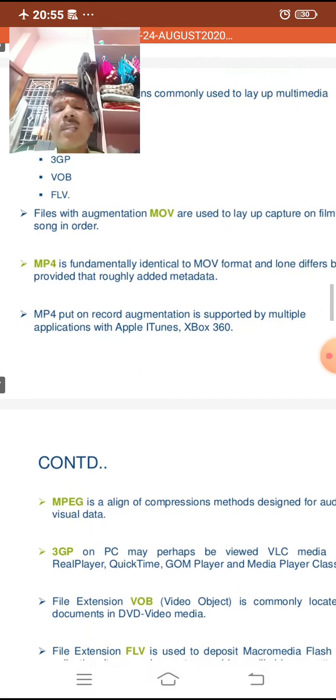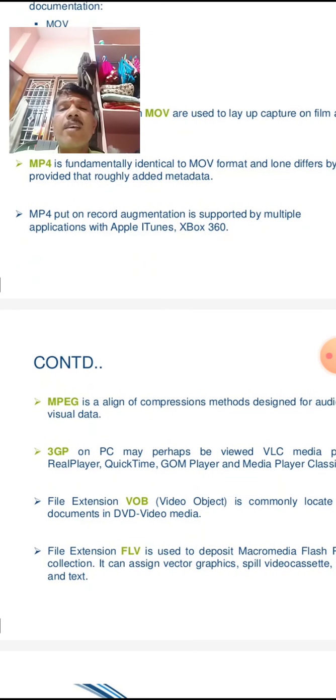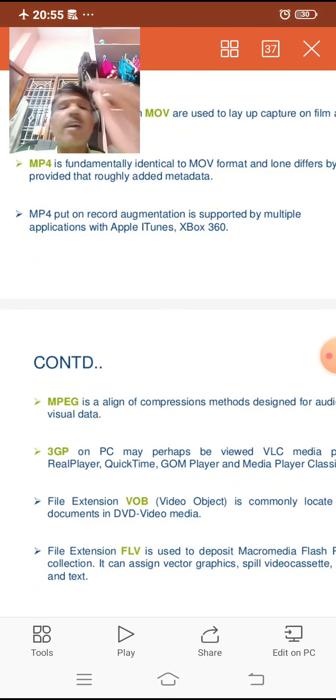Then there are more, especially for the image part.